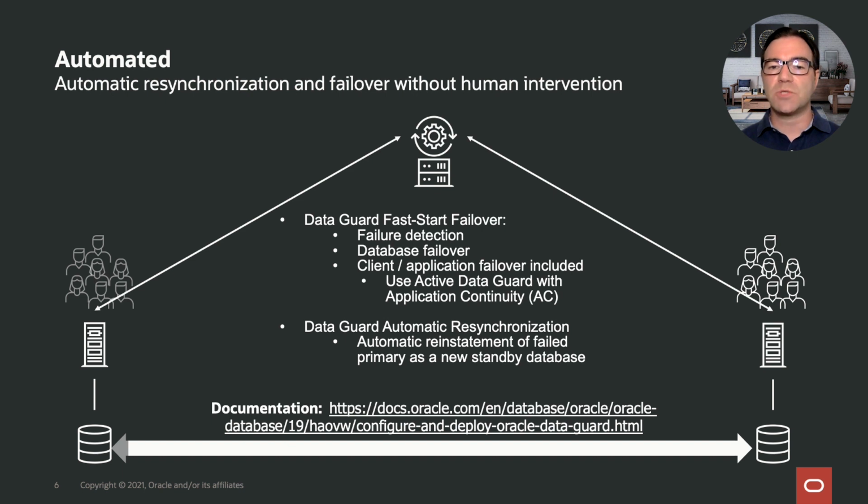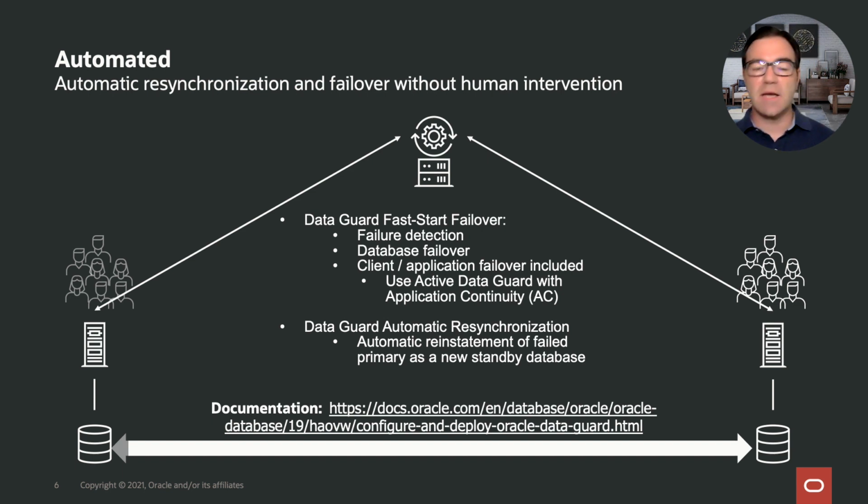And let the DataGuard observer observe your DataGuard environment so that it can detect failures, for example. Because once it detects a failure, it will enable the DataGuard broker to fail over the database completely automatically. In addition to that, clients will also be taken care of and failed over to the standby site, which thereby becomes a new primary. And if you use Active Data Guard with application continuity, you can even have your applications fail over seamlessly and transparently to the application so that the application wouldn't even see that your transaction on the primary has failed and needs to be continued on the former standby, now new primary.